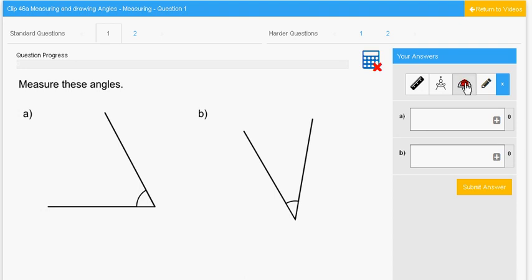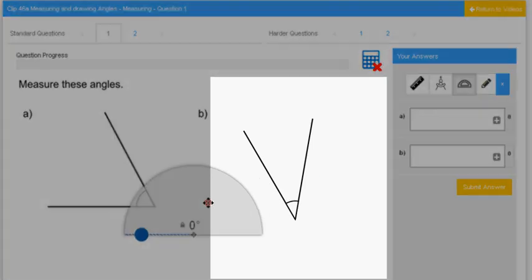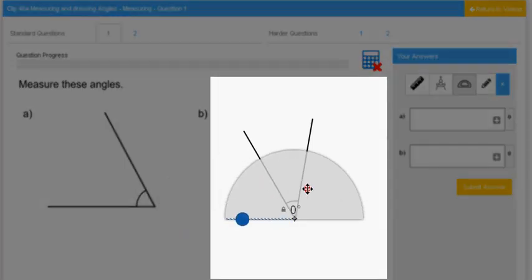If you want to use a protractor, click here. As usual, clicking on the grey and dragging will move the protractor around. Let's measure this angle. So I move the protractor into place here, and then I want to spin it a bit. To do this, first move the blue circle, and then use the yellow circle to spin the protractor. You can then use the blue circle to measure the angle, and we can see that this angle is 39